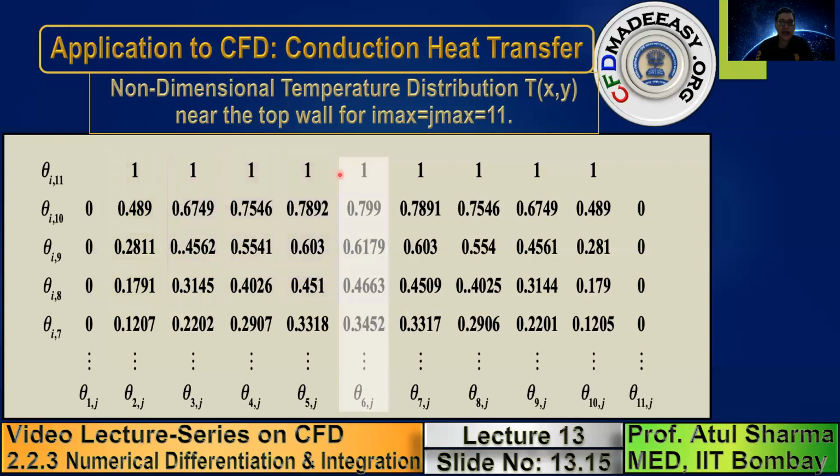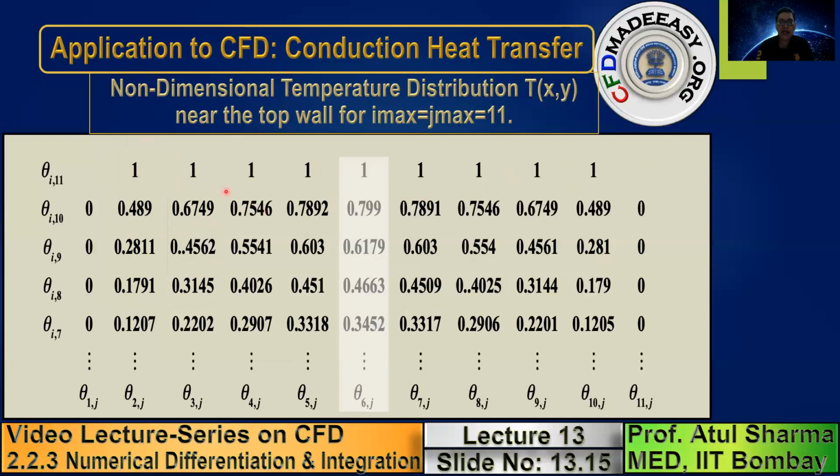This is an animated representation of the data involved in second order backward differentiation to calculate Qy at this point, which corresponds to i equals 2, 3, 4, 5, 6, 7, 8, 9, 10. From 2 to 10, those are 9 values. So you have 9 blue circles at the top wall. You are not calculating at the corner points, because it's a singularity point where you have 2 different values from the boundary condition.